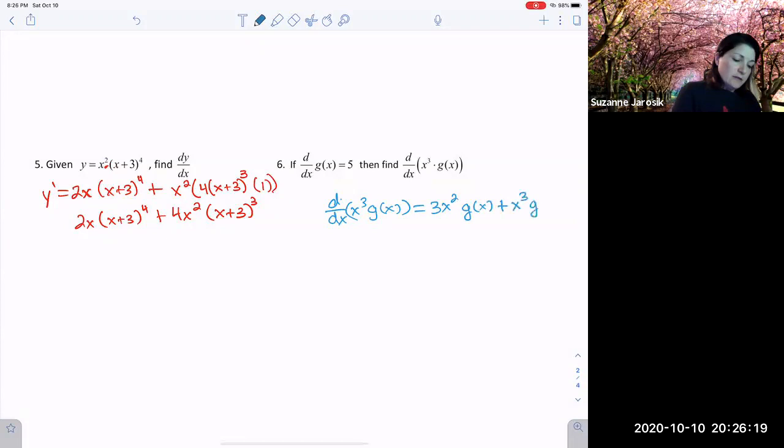if g of x is equal, where? Oh, is that g of x is 5? Oh, you know what? Derivative of g of x is 5. So that means what? G prime is 5. So I'm actually doing the 5 over here. I almost missed that myself. Derivative of g is equal to 5. So for final answer,